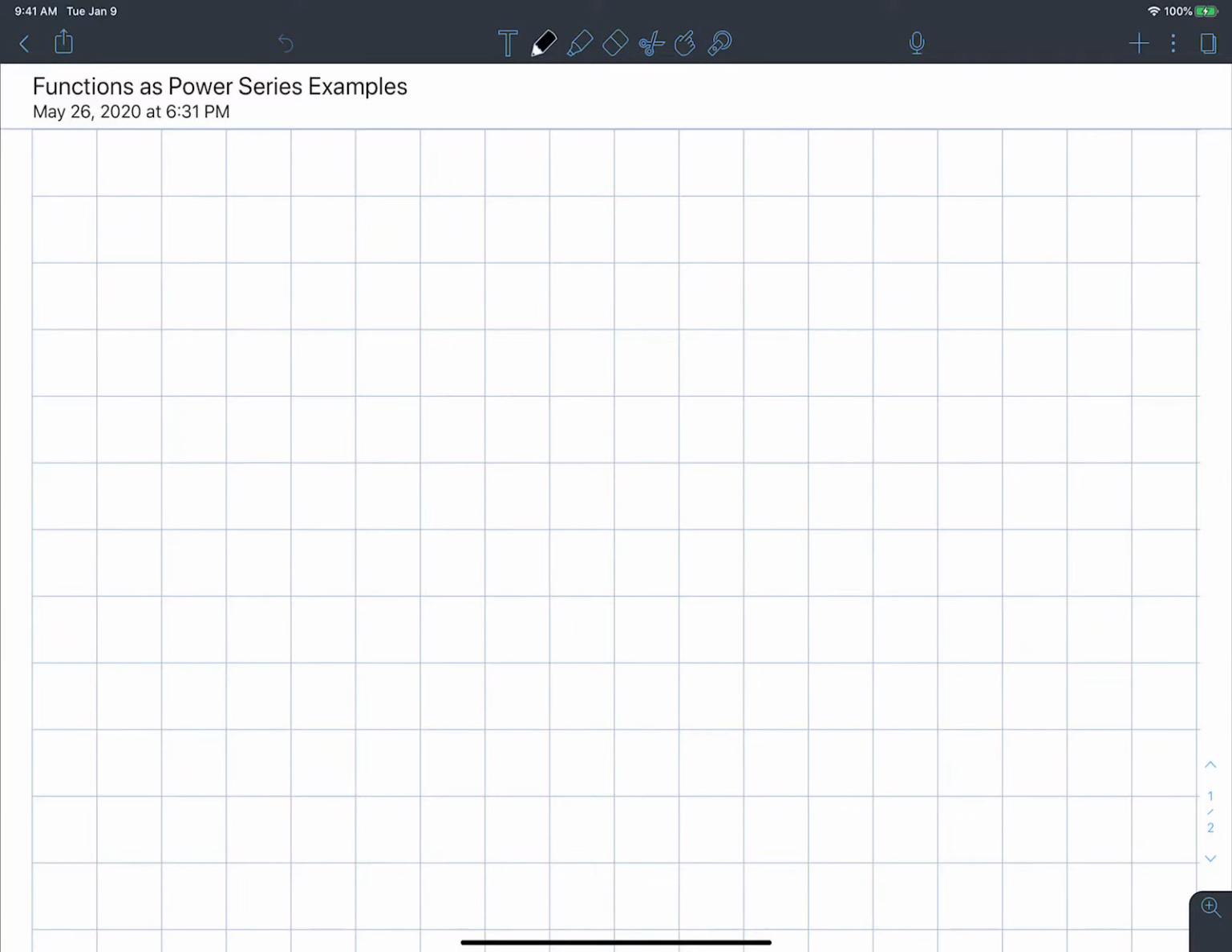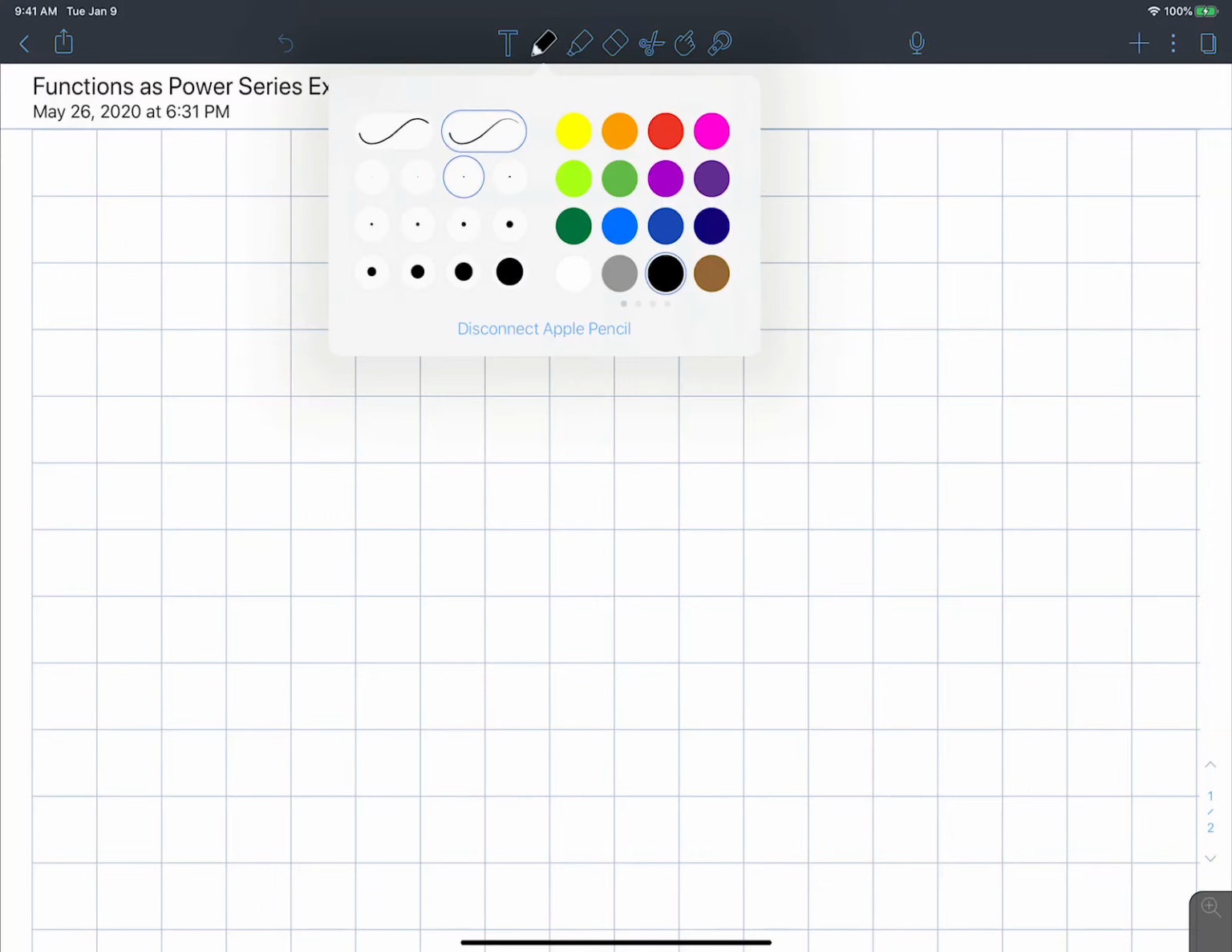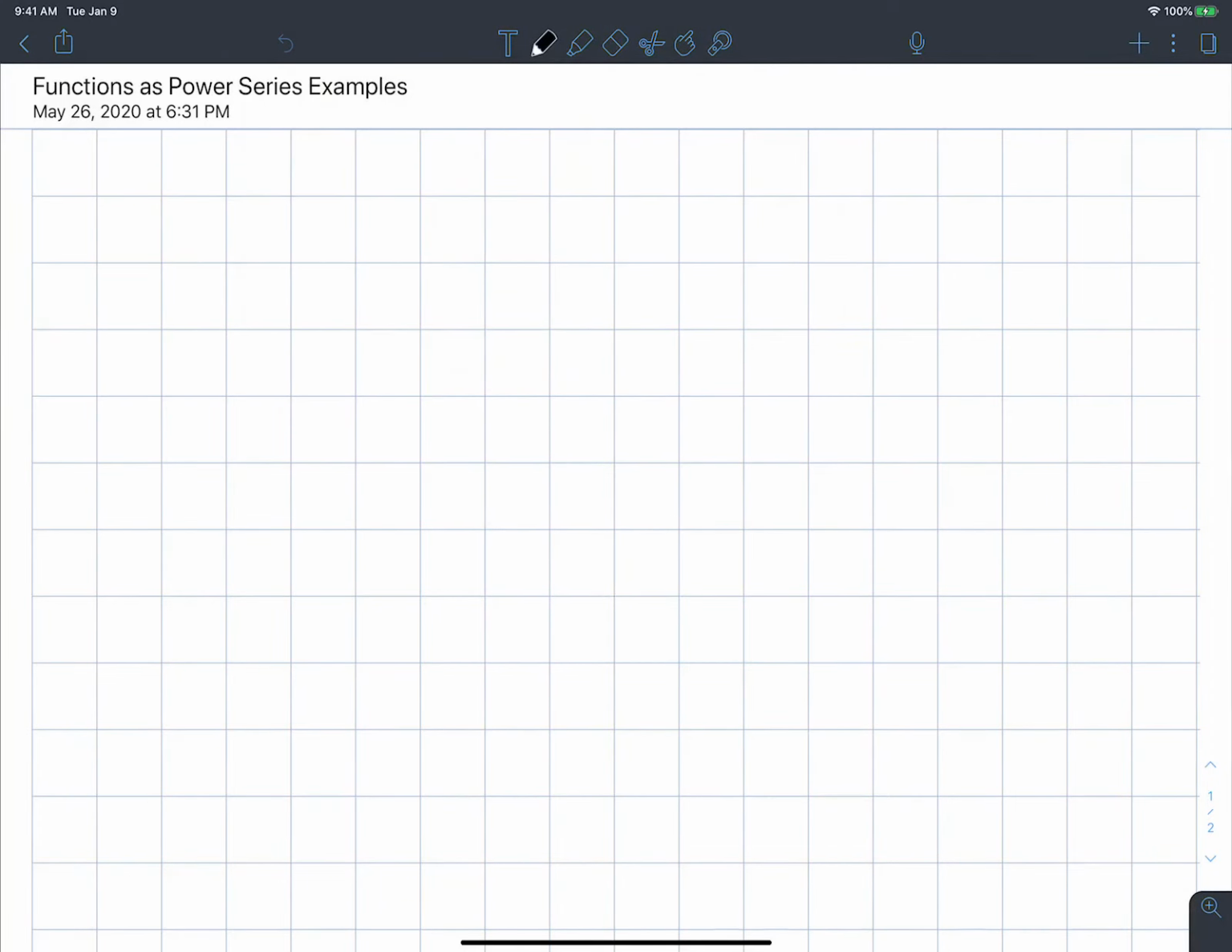Okay, we're going to work on some examples that I said I'd get for you guys this morning. So we're going to try to obtain the power series expansion for a function that looks like this: (7x - 1) over (3x² + 2x - 1). So we want the power series expansion for this particular function, and the key here is going to